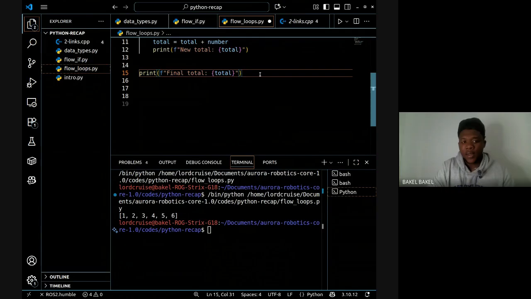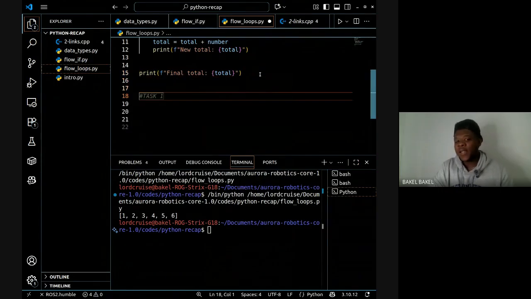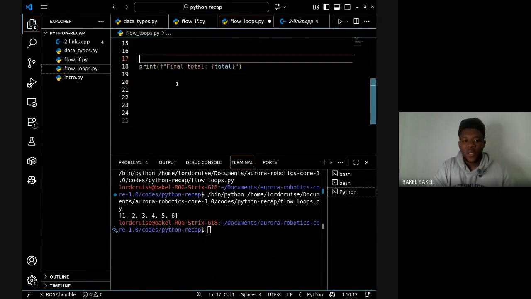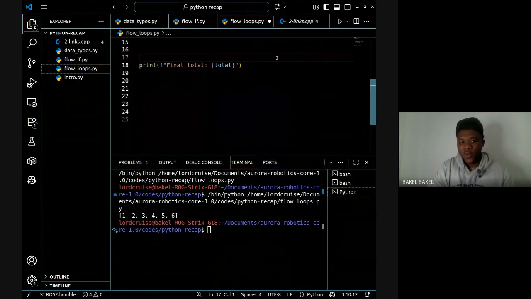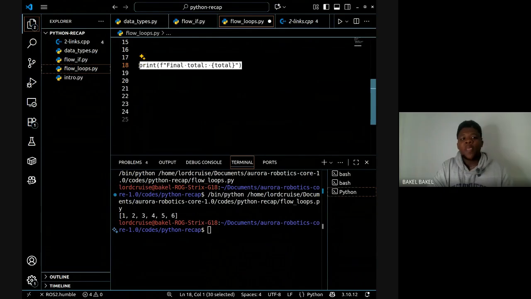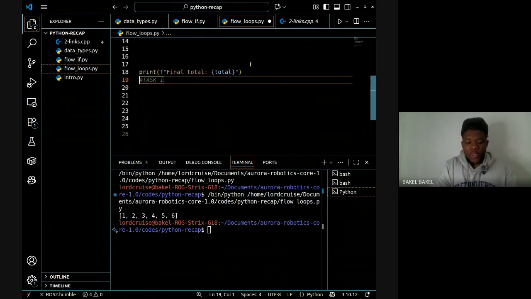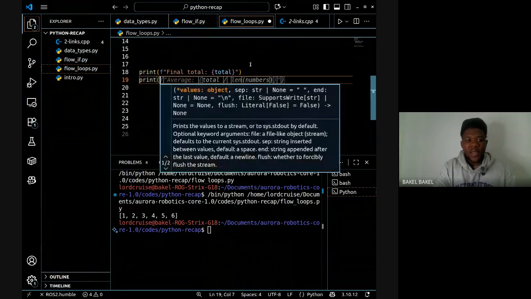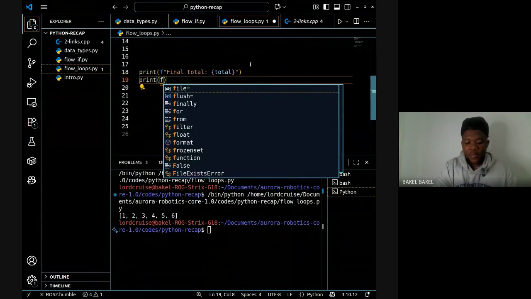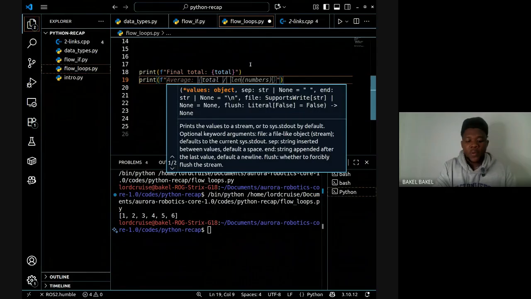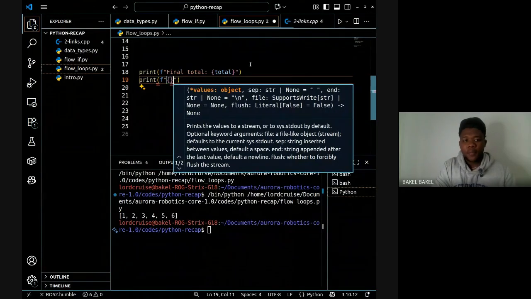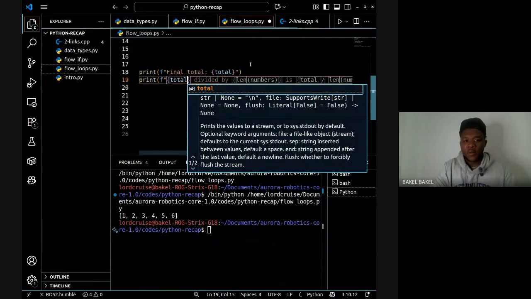There are things that are reasonable in some cases and they are not reasonable in some other cases. Say for example, let's look at just this. This looks okay, right? Like using F here looks okay because we want to do final total and paste this. But if I do print and I do F and I put this and I go with my total,